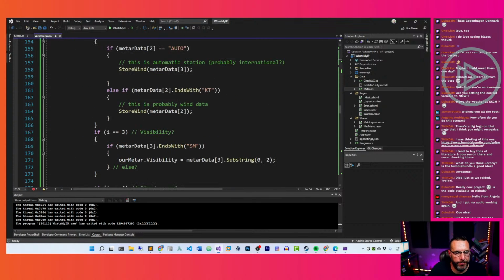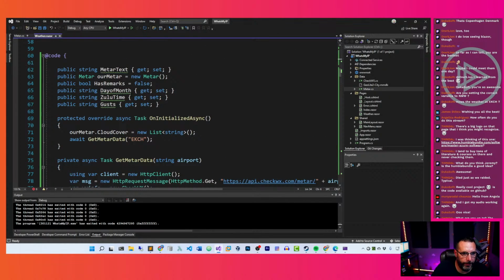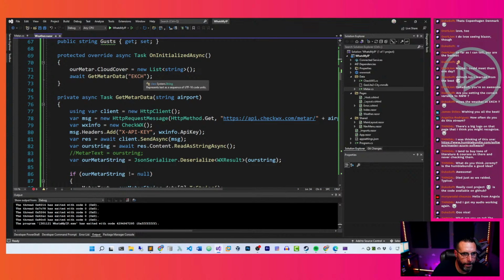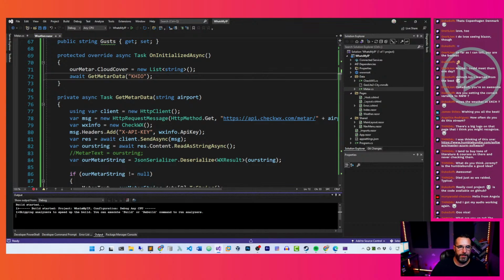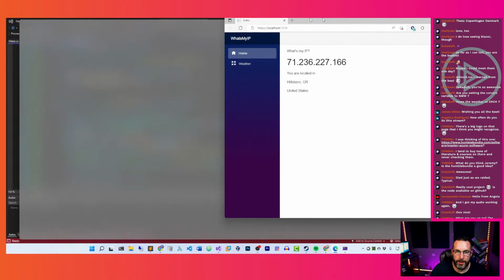And I'm going to go back to KHIO, go back to my home airport. There we go. And see if I can see what data is coming through here